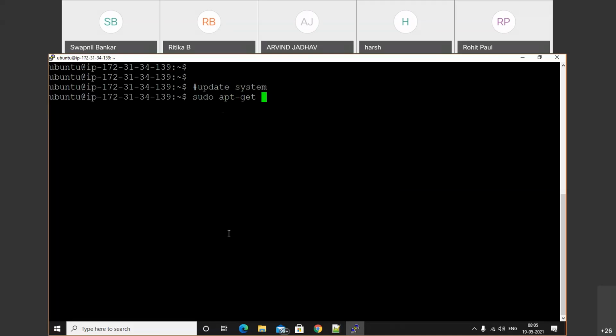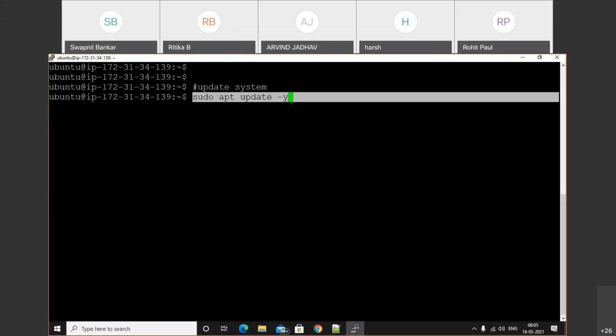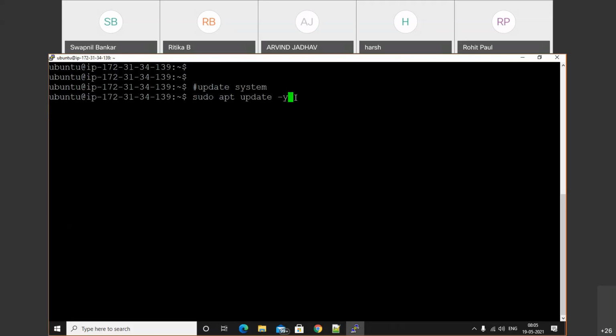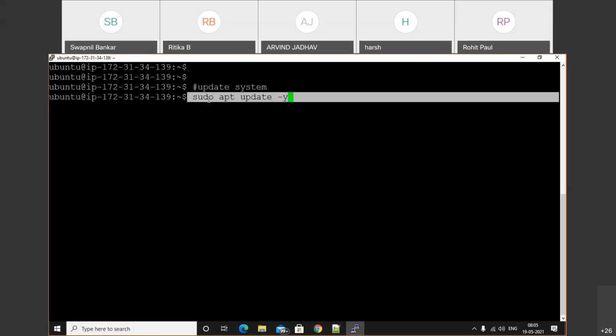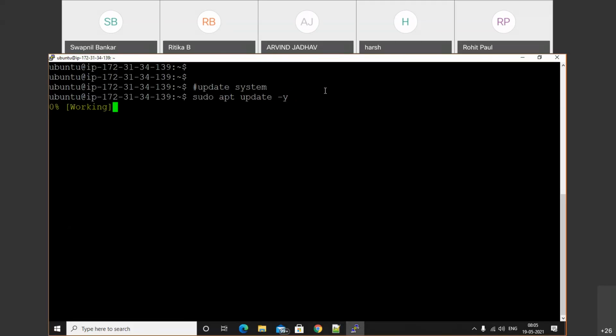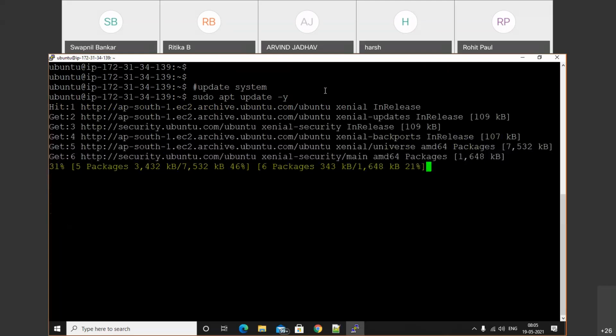In Linux, if you want to do any task, we use apt-get as a high level package manager, sudo apt-get, or we can use sudo apt update -y. That means here I am updating our system, because if you want to perform any task, we need to update our system first of all.